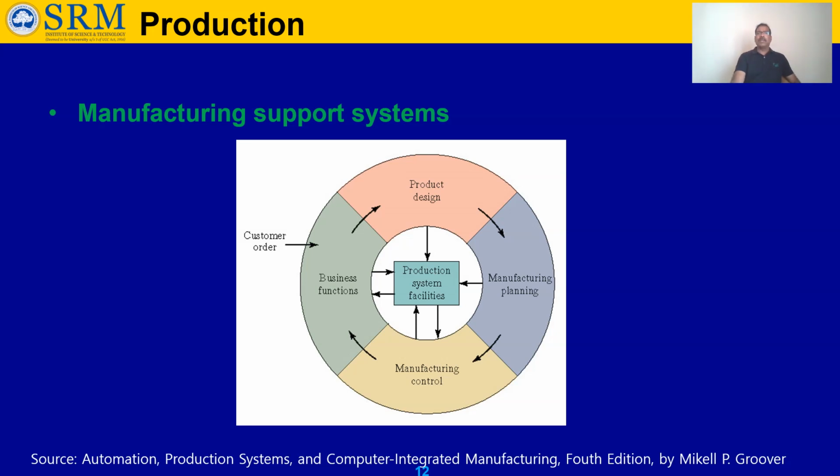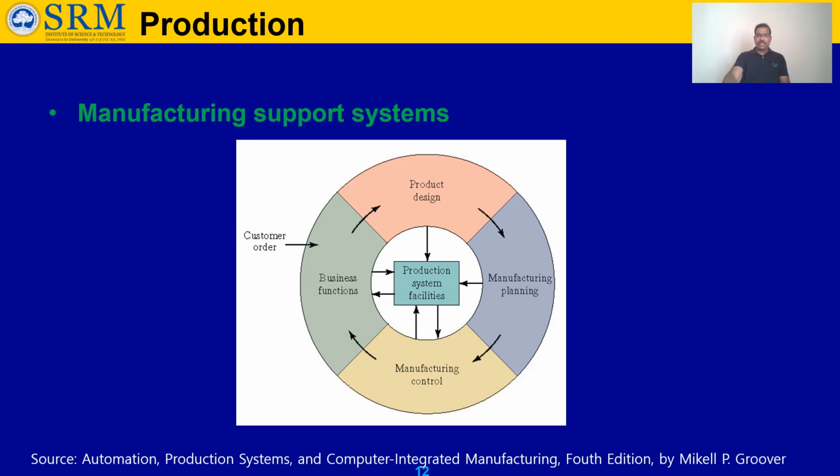For example, if machining is continuously running, we can increase the feed rate or depth of cut, or reduce the feed rate or depth of cut, or increase manpower for that, or increase the shifts, like instead of 2 shifts, we can make it 3 shifts. Like that, manufacturing control will give ideas. It will analyze what the expected output is and what we are really getting, then we plan accordingly and give some suggestions also. So that also comes under manufacturing control. With this, that is all about the manufacturing support system.